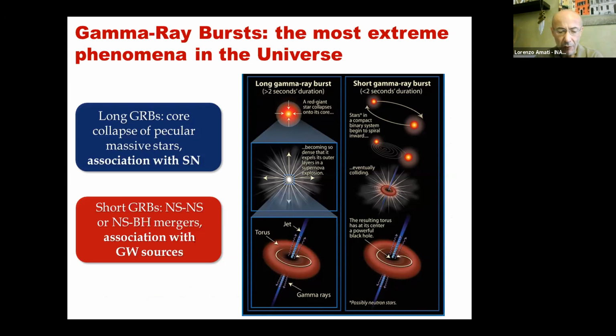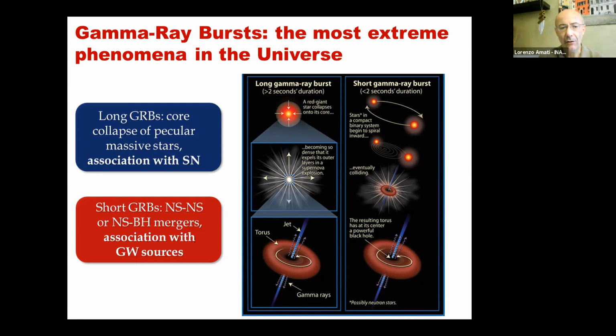From the many efforts, observational and theoretical, going on also in the last 20 years, we came up with a basic standard scenario, even if, of course, the group by Remo and collaborators is developing a much more sophisticated scenario. This is the basic idea in the community, supported by several observations, that long gamma ray bursts are produced by the core collapse of very massive peculiar stars that die where they were born.